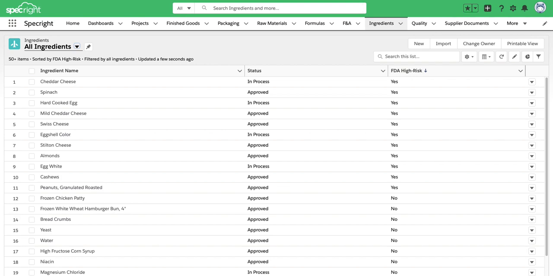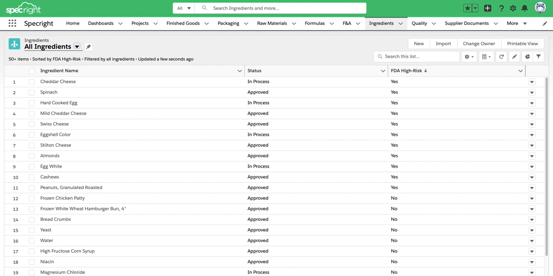The tech-enabled traceability space is growing for the food industry, and luckily, Specright was built for change. Recently, the FDA released a new rule regarding high-risk foods, calling for increased traceability of certain products that easily spoil or have allergens. With the flexibility of specification management software, we're able to show you how this can look in